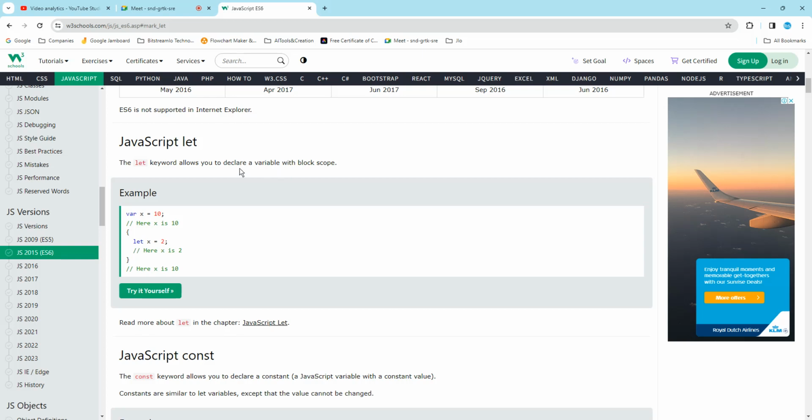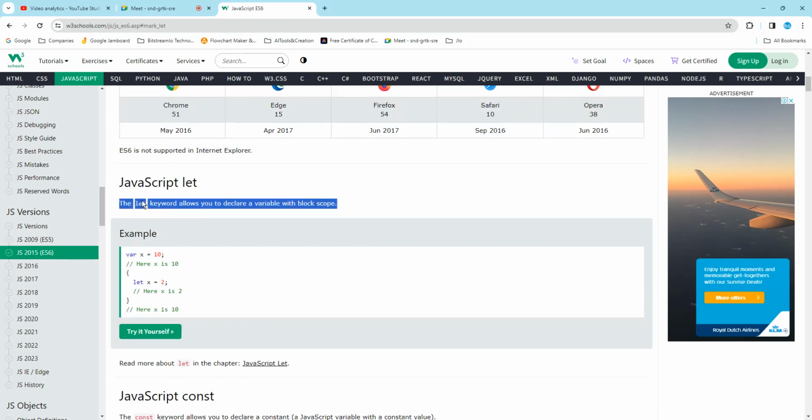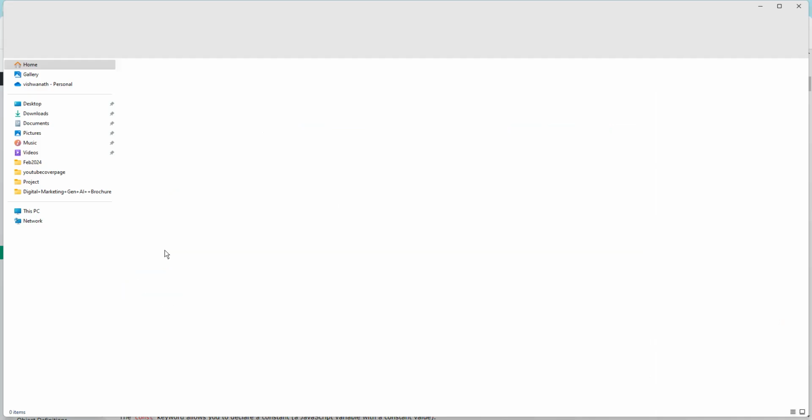Okay, so first we understood the let keyword. What is the let keyword? Let is a keyword which is going to define the variables. Before that, I want to open one more thing, that is called